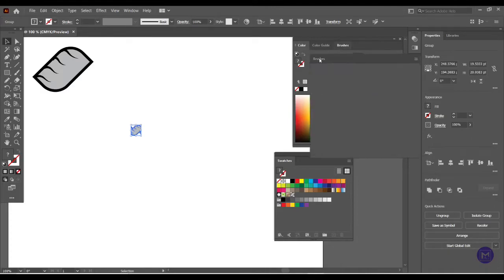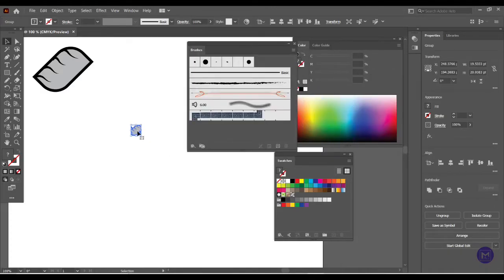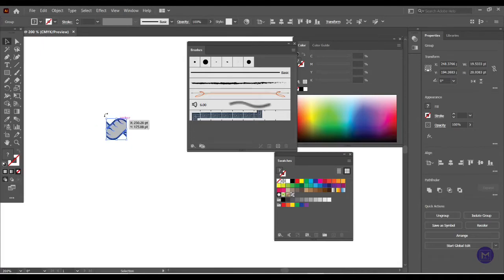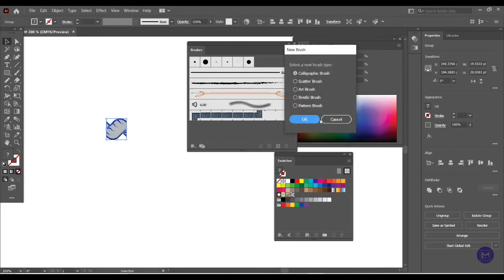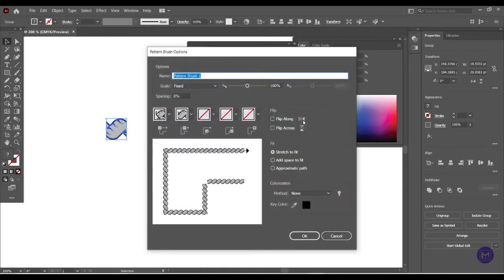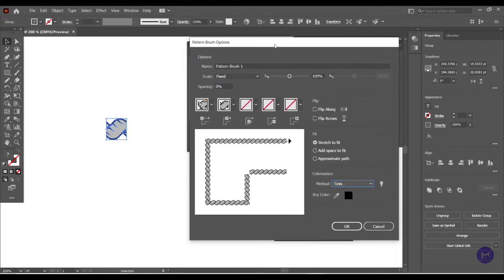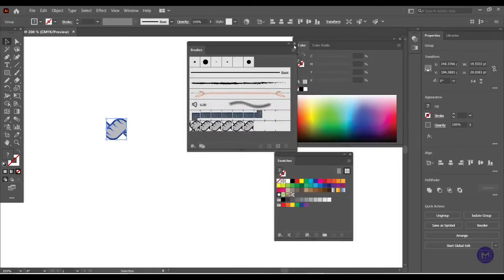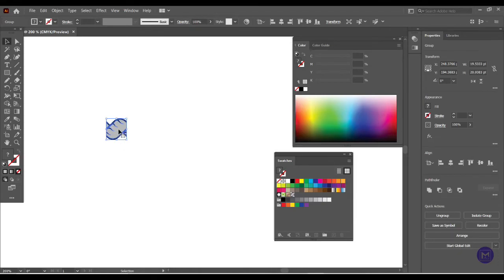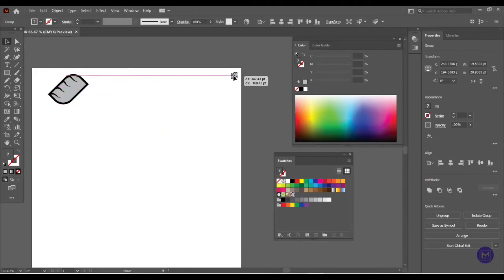and bring your brushes panel. Make sure you have select the object. Simply click on the plus icon and use pattern brush. Hit OK. You see a dialog box opens. Now you have to choose the method to tint. It helps you to change the color of the rope. So hit OK. Now close the brushes panel and place it at corner